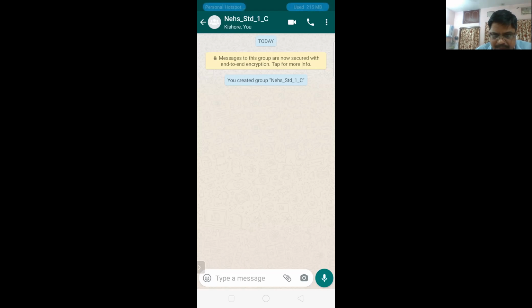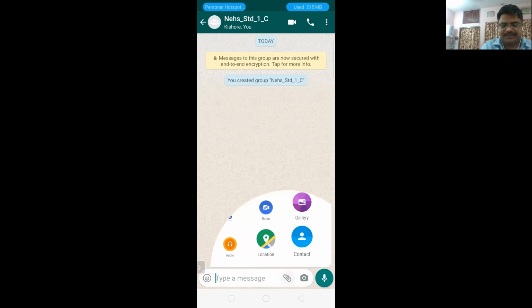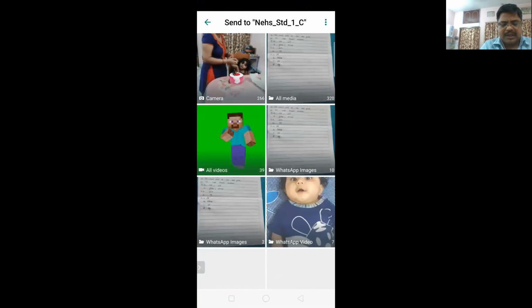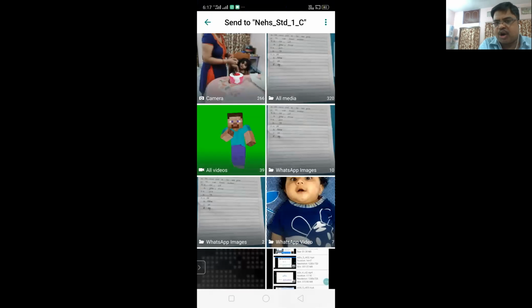Just watch. This is the attach button. You have to click on the attach button. Now I'm going to go to the gallery. It is saved in WhatsApp images, so I will click on that. Sometimes you will see it in camera also.